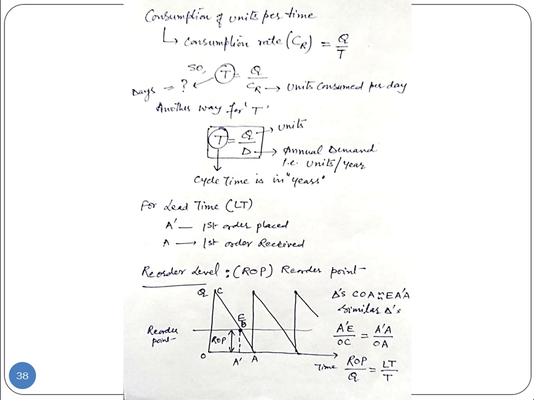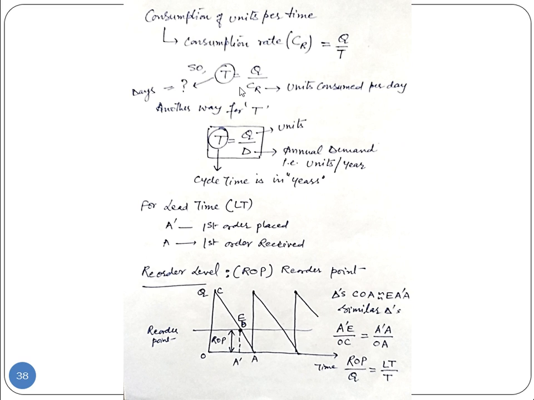what is my cycle time, cycle time means कब आपके पास इन्वेंट्री का ऑर्डर रिसीव होगा, या कब आप फर्स्ट ऑर्डर करेंगे, फिर सेकंड ऑर्डर करेंगे, फिर थर्ड ऑर्डर करेंगे। दिस इज कॉल्ड द, वी कैन से, साइकिल टाइम। और इन अदर वर्ड्स, जैसे ही आपके पास इन्वेंट्री जीरो हुई है तो मेरे पास ऑर्डर रिसीव हो गया है, तो दैट मीन्स उस पॉइंट के ऊपर नंबर ऑफ यूनिट्स कंज्यूम हो चुके हैं सारे के सारे, और यू गेट द डिलीवरी। सो number of days, it is basically cycle time is number of days, कब